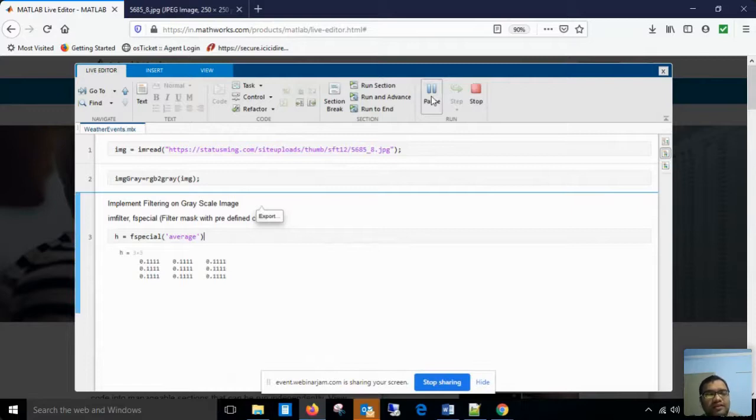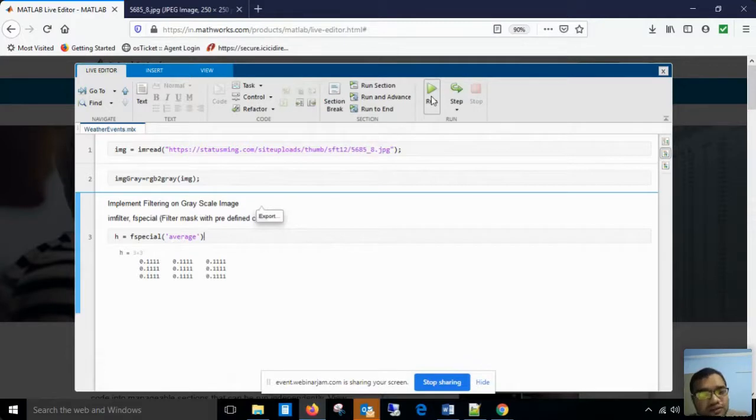You can see this is 0.11, 0.11, 0.11. Why is this 0.11? Because we had seen in average filter that all the coefficients are 1 and the division factor is 9. So when you divide 1 by 9, you get this value. So the division factor has been taken into consideration.